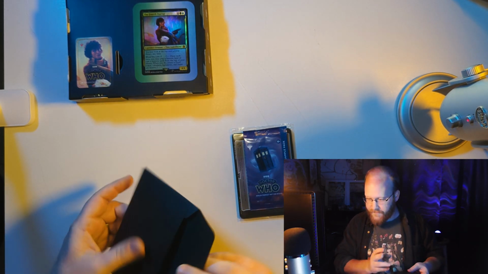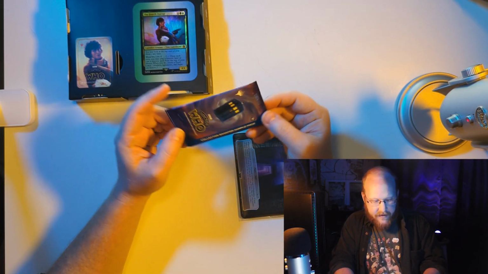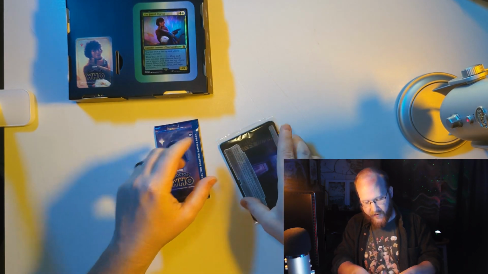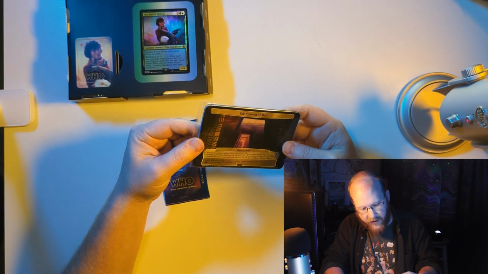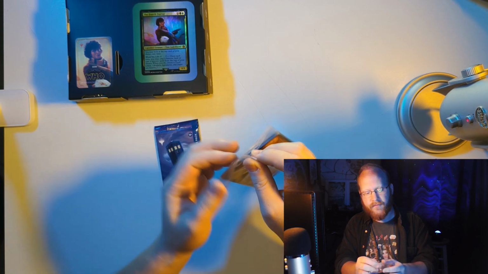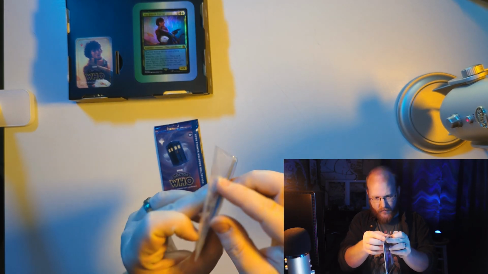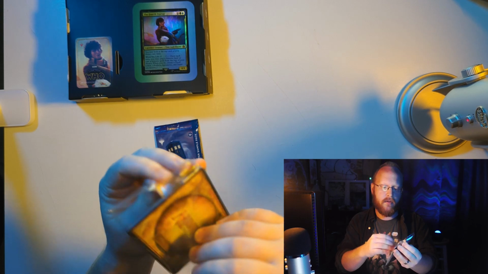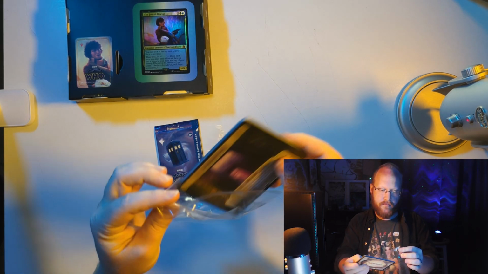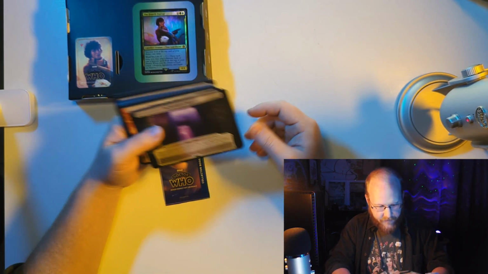Oh, cool. This is, let's see, the collector booster sample pack that comes with it. I think we'll open that first. Let's see, what is this? The Pyramid of Mars. Actually, let's open this one first. So let's see, we have